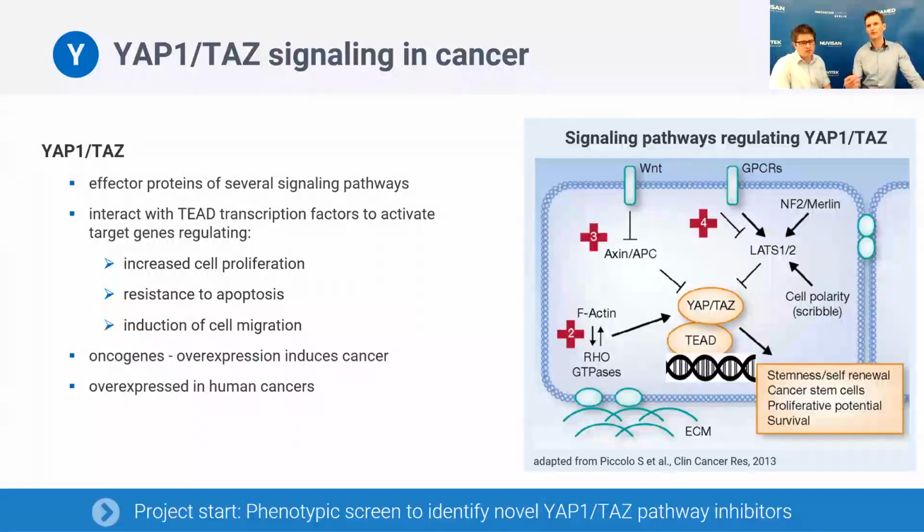And this is where the oncogenic properties lie, because these target genes encode genes important for increased cell proliferation, resistance to apoptosis, and induction of cell migration. So that's the oncogenic program that is being activated by YAP1/TAZ-TEAD. They are typical oncogenes, which means that if you overexpress them in a model system, they induce cancer. And in fact, of clinical relevance, they are